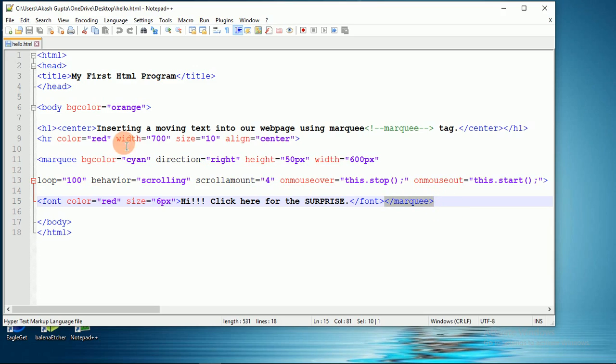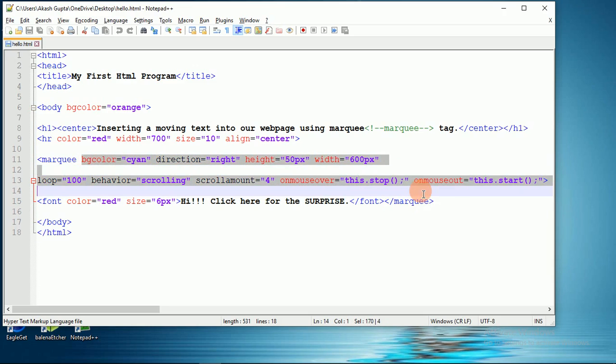Whatever is being displayed here are the attributes of the marquee tag: bgcolor means background color, direction, height, width, loop, behavior, scrollamount, onmouseover, onmouseout. One by one I will explain all the attributes and what their uses are.